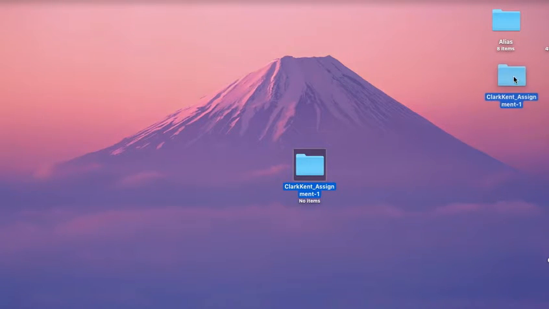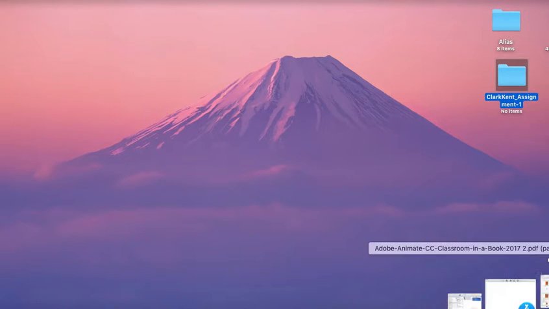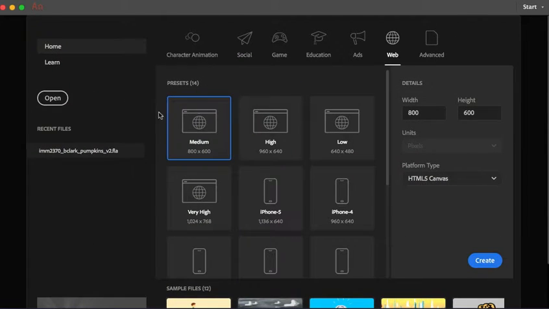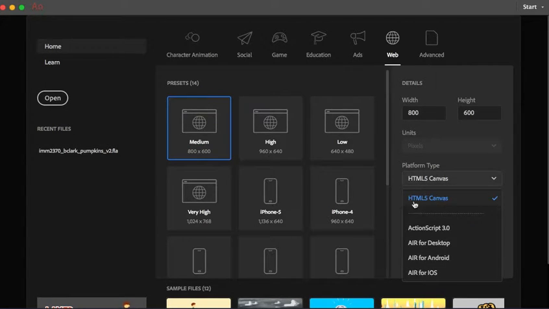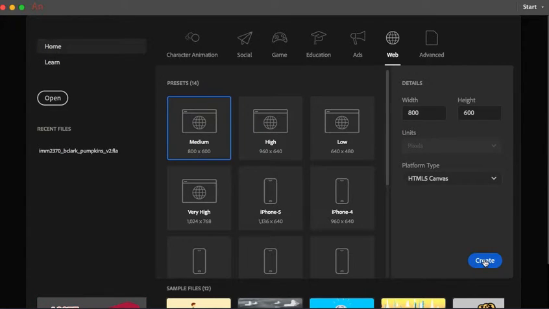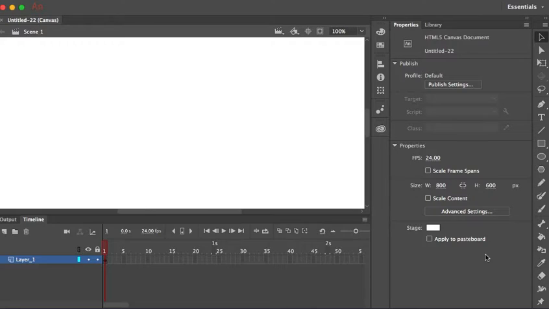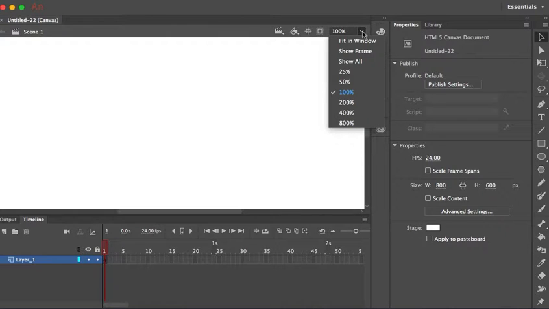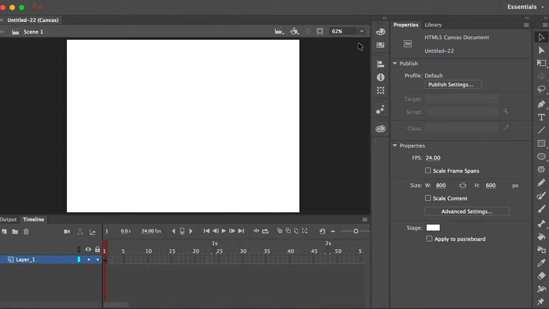Okay, and then we're going to bring up our Animate program, and we're going to start with a size. I'm going to go with this one, 800 by 600, and make sure it is an HTML5 canvas. And we'll create. And first thing I'm going to do is fit this into the window just so I can see it. And I'm going to save my